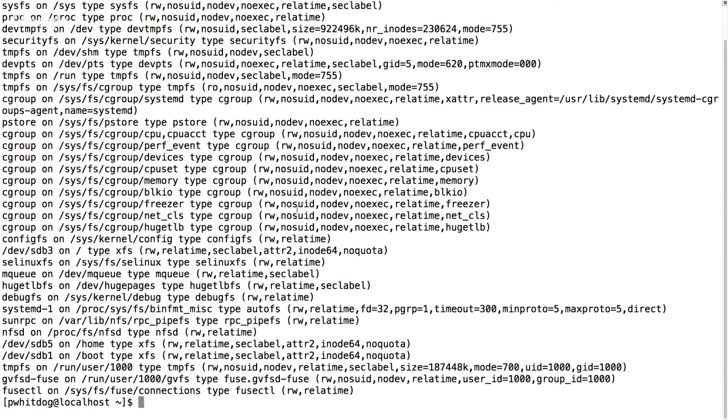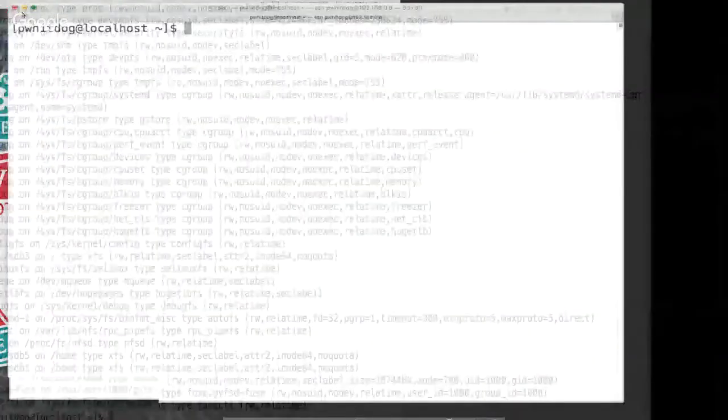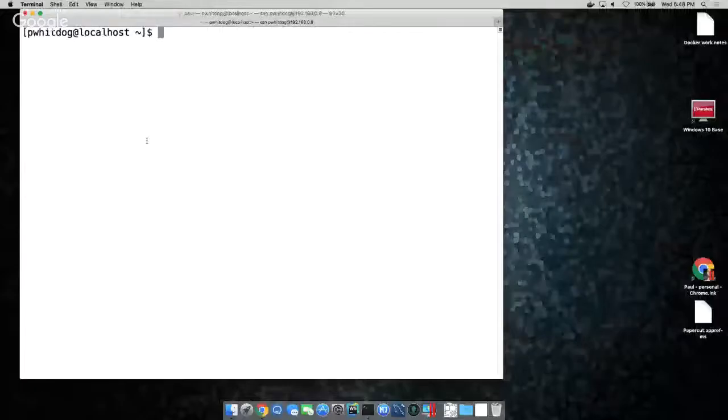We skipped over one thing that I think is important, so can you do a clear there? Clear, we haven't talked about that. Clear is very useful. Get rid of everything on your screen. And actually scroll up, right? All clear does is just do a page, right? You can actually scroll in this terminal, right? Maybe not. Anyways, it just pushes you off the screen. It's actually still there.